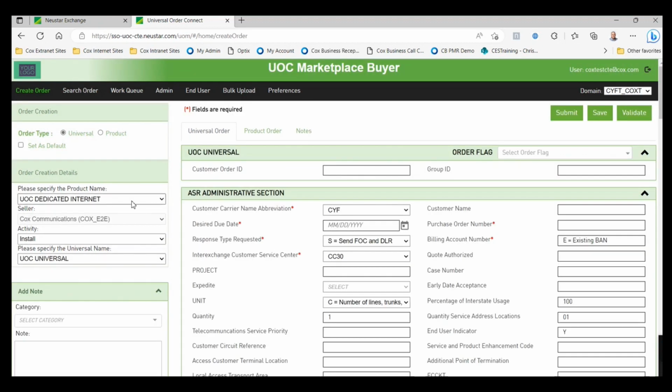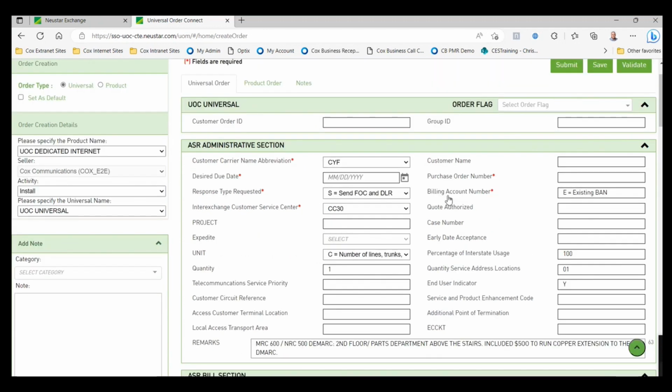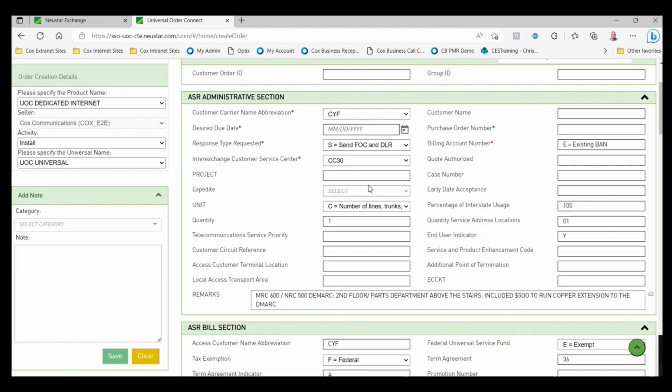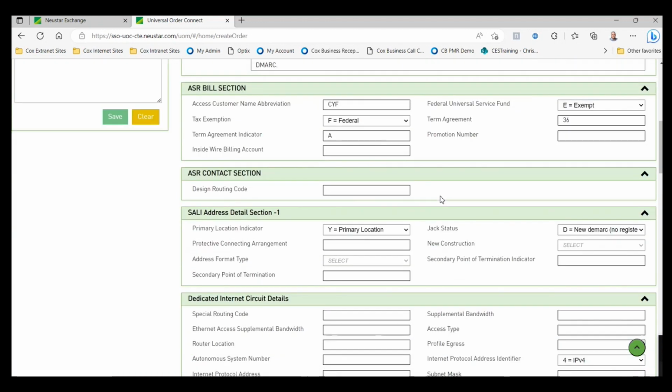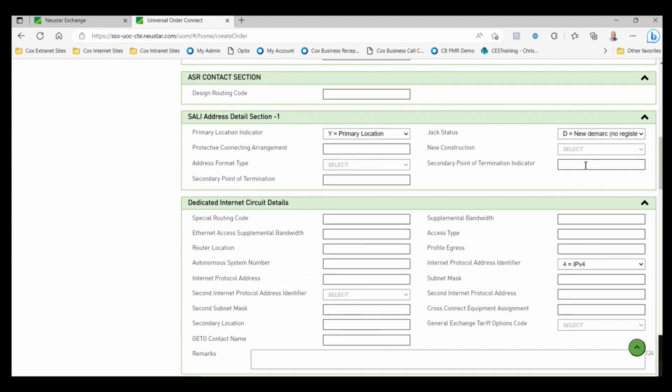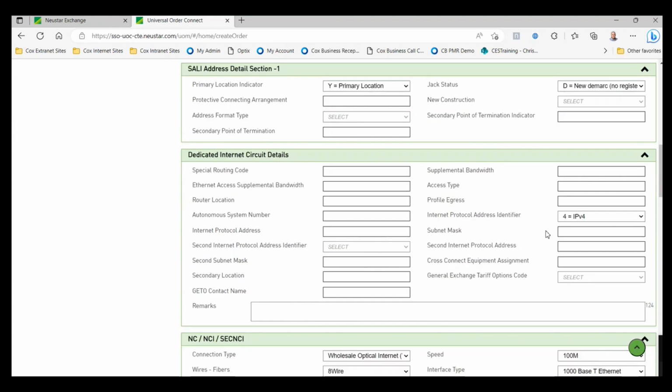So you'll notice it'll auto-populate most of the information. So it's a UOC dedicated internet. It's a new install. I'll just need to populate the desired due date and the PON, but every other field, even the remarks, carry over. So I don't need to populate all those fields again. So I've got my jack status, my